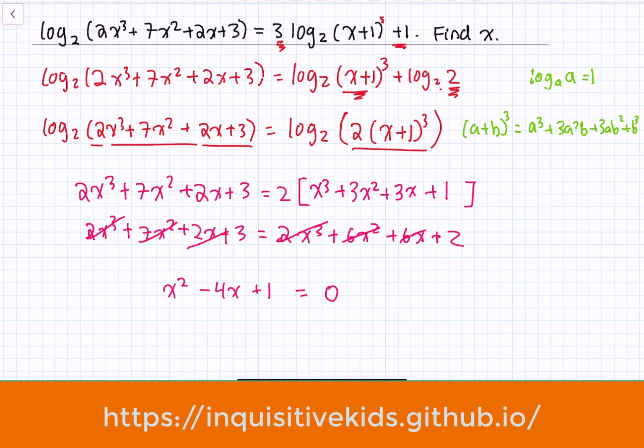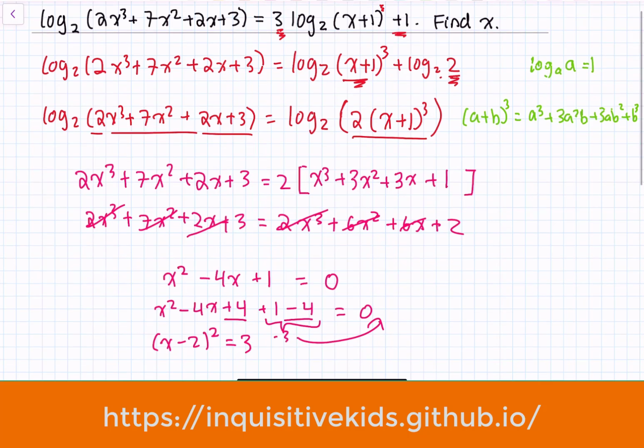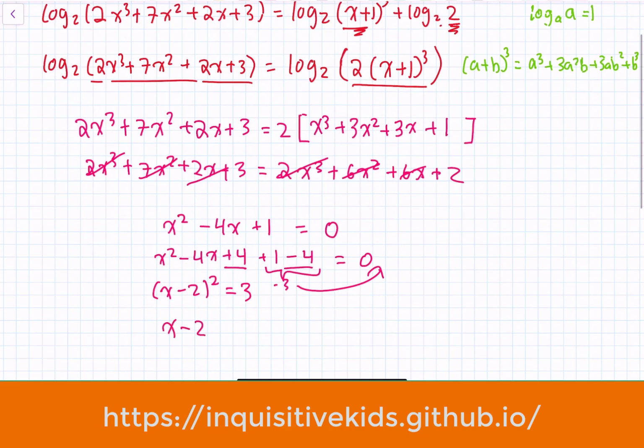And now we have to factor this equation in order to find x. So there's multiple ways we can do this. One way we can factor this is by doing x squared minus 4x plus 4. We added this plus 4, and then a minus 4 is equal to 0. On the left, we would have (x minus 2) squared is equal to, this is negative 3, so when we move it to the right, we would get 3. So then x minus 2 is equal to